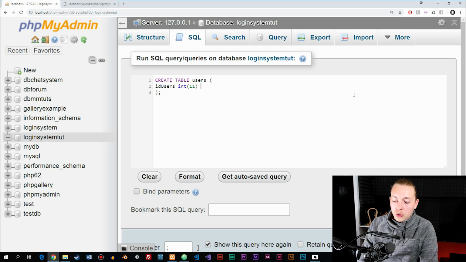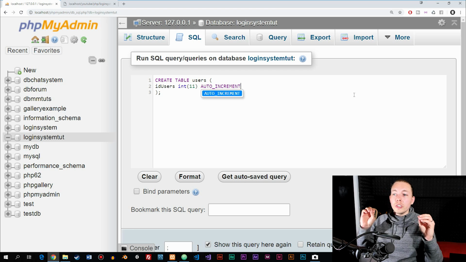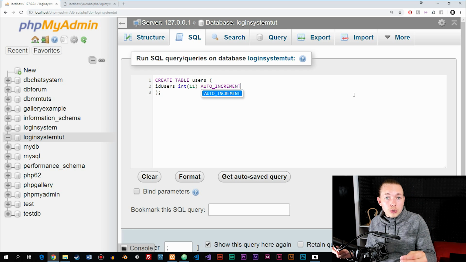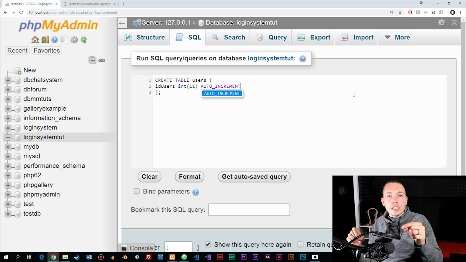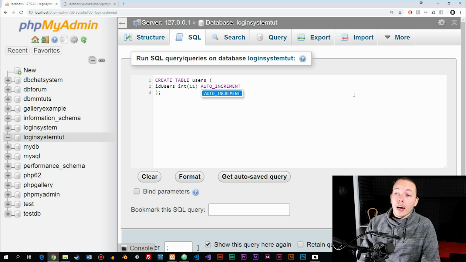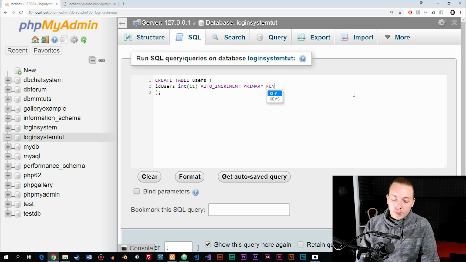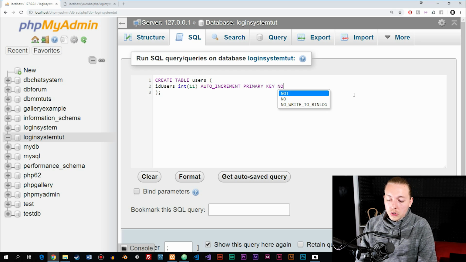Then I'm going to set this one to auto_increment, which means that each time a new user signs up inside the website, this unique ID we're creating here for each user is automatically going to change by 1 each time a new user gets registered inside the table here. After auto increment, we're going to set a primary key. And then we're also going to set this one to not null,